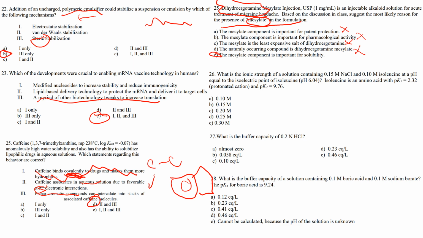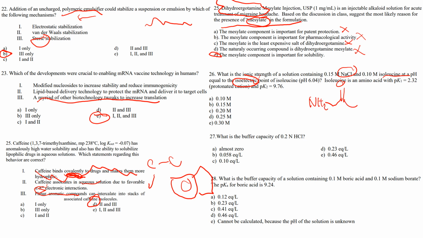This next one takes a little more actual skill. It's more of a logic question than anything. It's talking about a solution containing salt and also isoleucine. And essentially it says it's at the isoelectric point. Now what that means is I don't know what isoleucine looks like, but really quick, I'm just going to draw something that kind of looks like